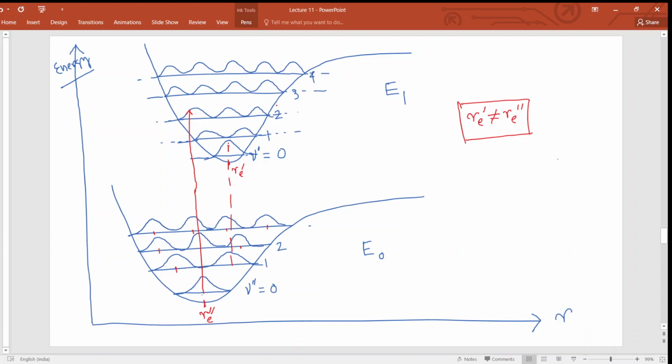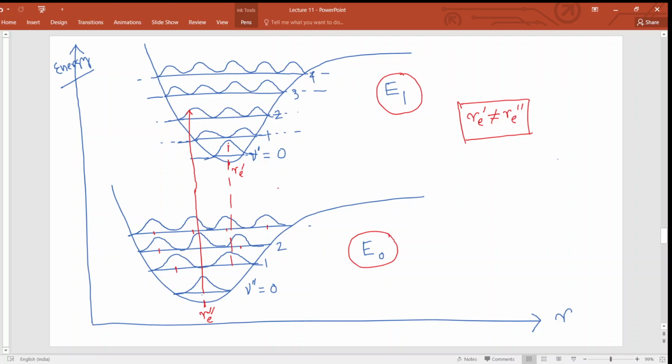Now let us look at a particular case of electronic transition. Here we have these two potential energy curves and the distribution of psi square along these two cases. Let's say one is characterized by E1 and the other by E0. These are two hypothetical levels we are talking about in order to define a particular electronic transition. As we have seen, there is no restriction on the value of delta nu, meaning any transition is possible from any level to the other.